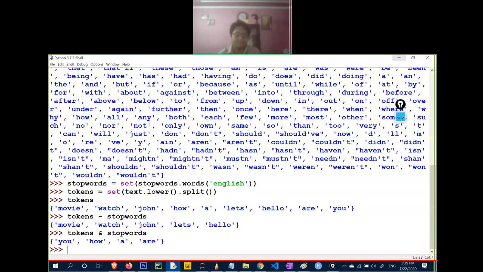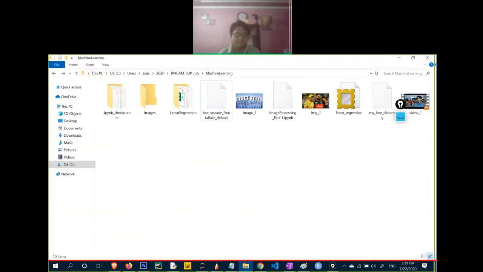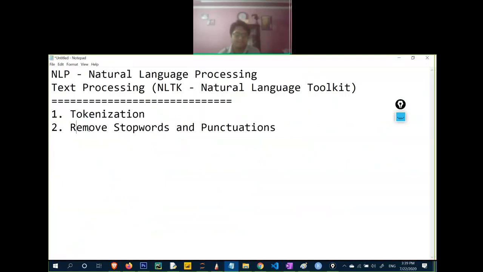Okay, so I hope it is clear till here to everyone that first tokenization is done, then removing stop words and punctuation is done. Then comes the third step that is known as stemming, which means to convert a particular word into its first form, into its original form.